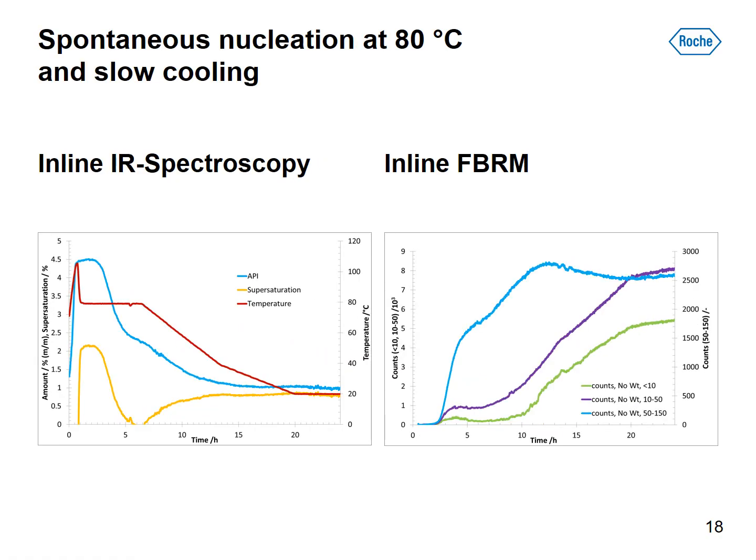We also performed an experiment with a spontaneous nucleation at 80 degrees Celsius followed by a slow cooling rate. This experiment has the big advantage that we don't have any powder handling of the highly toxic seeds. We used a supersaturated solution and stirred it for a couple of hours at 80 degrees Celsius. As you can see in both graphics, we have a spontaneous nucleation. We stirred the suspension for some longer time until the supersaturation was close to zero. Then we started to cool down the